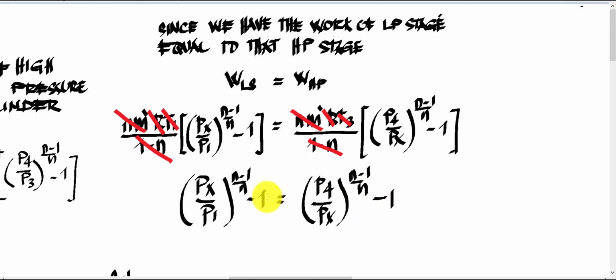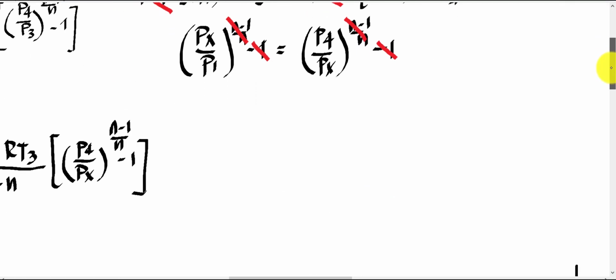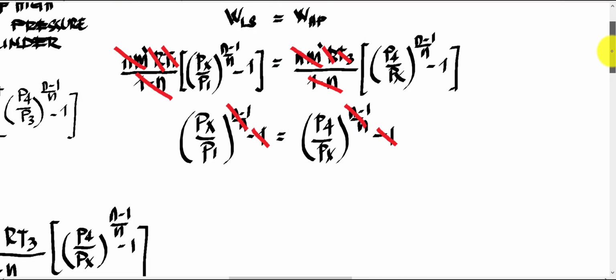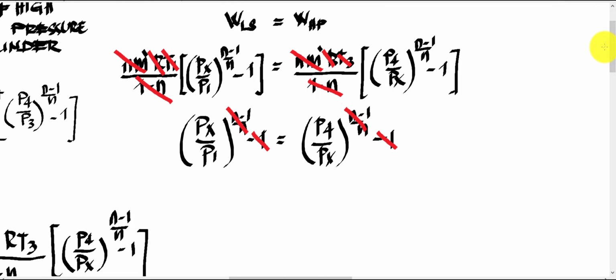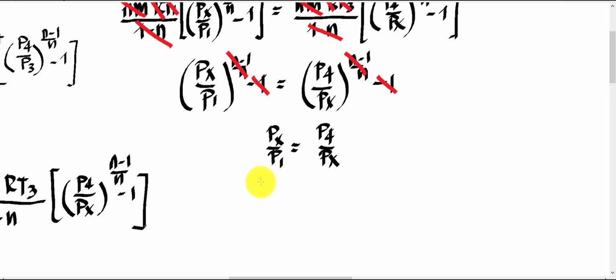Okay, 1 minus 1. So if we transfer the negative 1 to the other side, it will be cancelled out, it will be 0. And we have the common exponent, so this one will be cancelled. Then it can now be Px over your P sub 1 is equal to P sub 4 over your P sub x. Cross multiplying that one, we have your Px squared will be your P4 times your